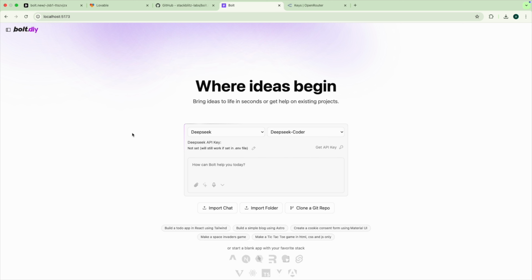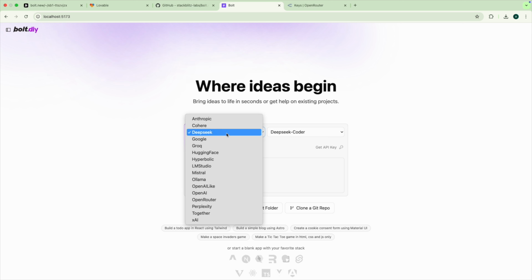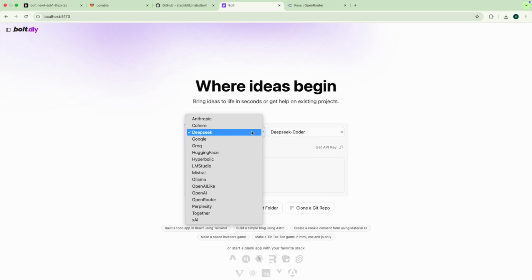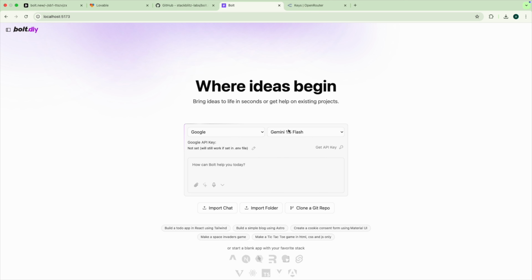Now this is our localhost, which is running our bolt.diy local version. Now you can see all of this. Sometimes you don't see this option of drop-downs. You just refresh it once, you get it, and you can see it's been integrated with quite popular AI tools available right now. Google, you can choose its models,